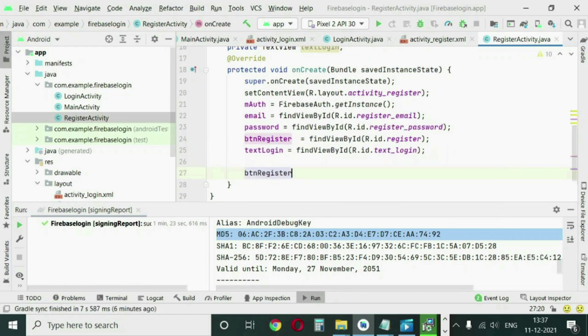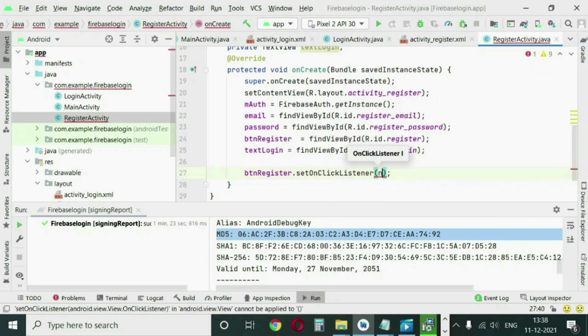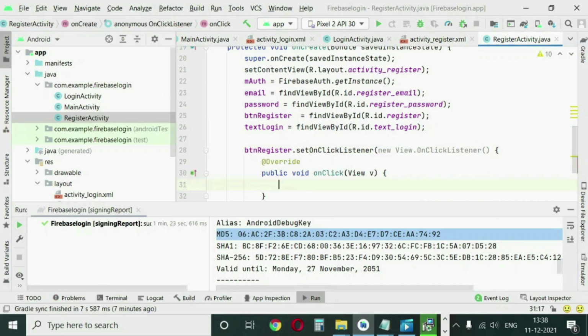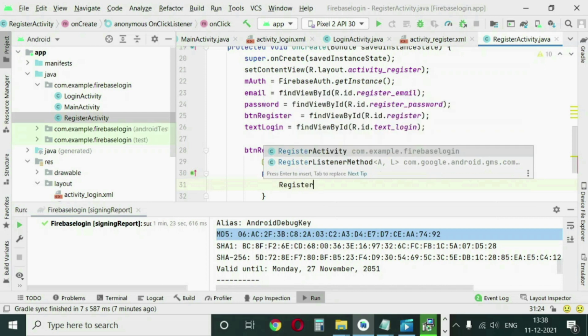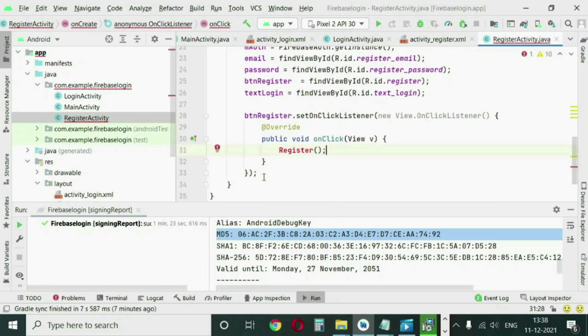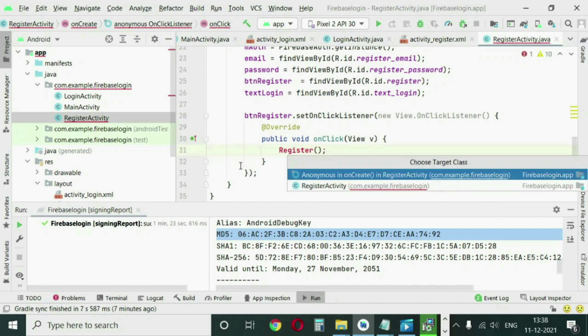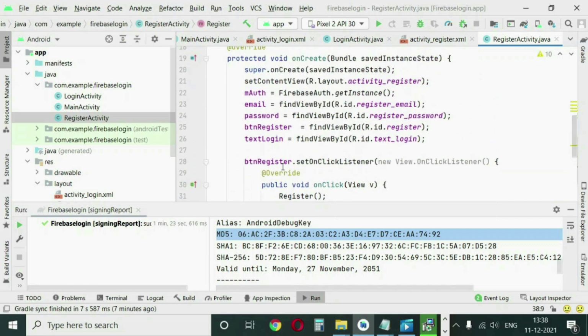So let us start with the button register dot set on click listener, new view on click listener. So inside that we will define a function register activity or register simply. So this function is not there, so we have to create it inside the register activity. So inside the register, what we will do, we are gonna get our